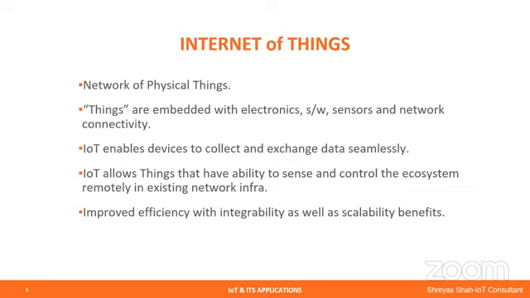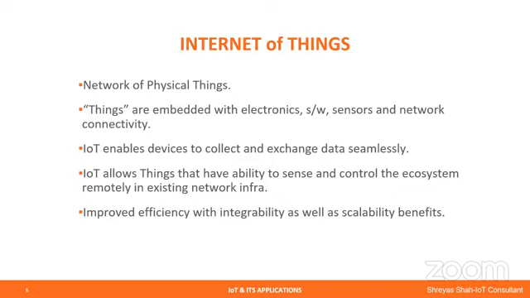And this is an ecosystem which can be controlled remotely over existing network infrastructure, because we don't have to be specific about the usage of internet, like what internet is required. The internet which is required is the one in our day-to-day life, which we have been using since the 1990s or 2000s. We just need to add some ability or smartness to these normal devices, which can be connected to the internet, and just get connected in a seamless manner with us, which can be controlled or sensed remotely.